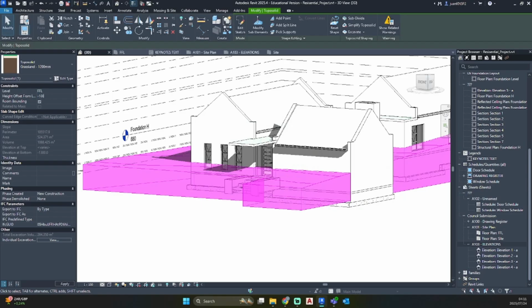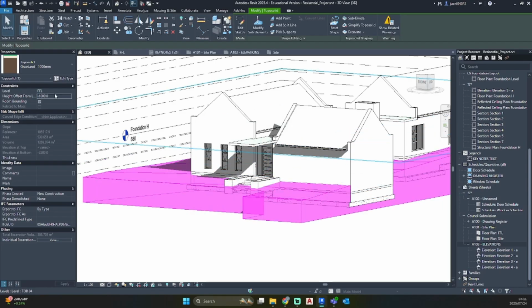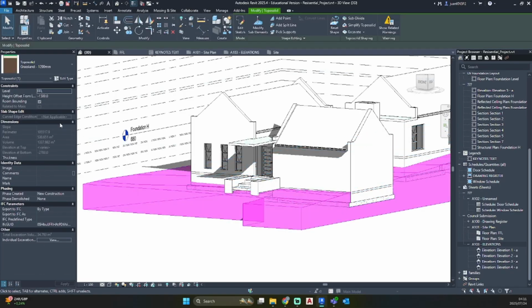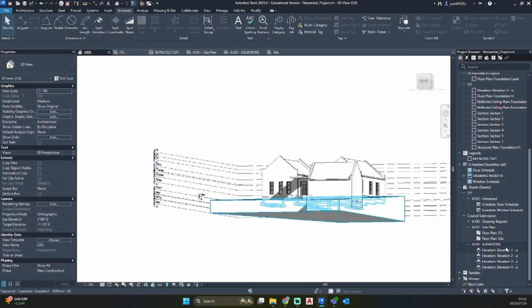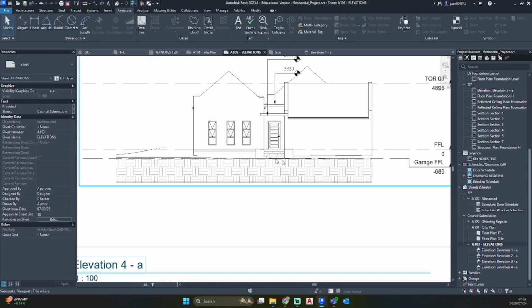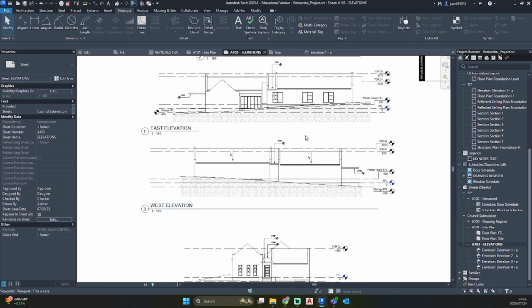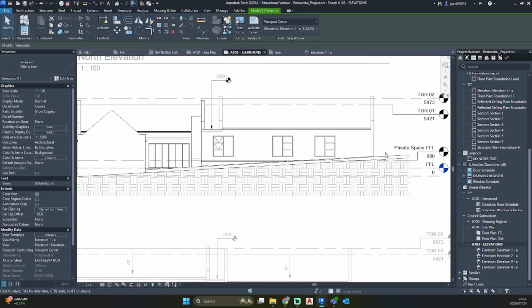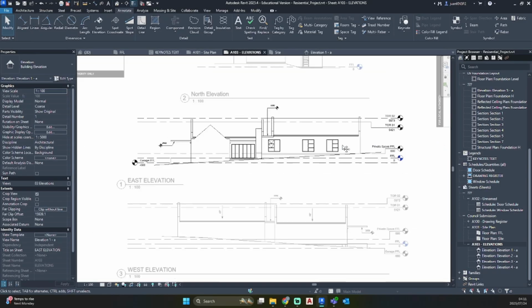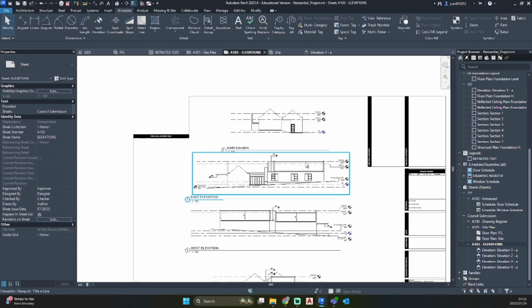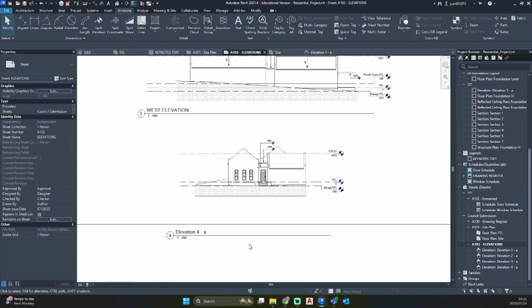Oh, accidentally put in. Okay, so minus 1000 is too far. Minus 1300. Let's go minus 1250. That looks better. Let's see our elevations. Yeah, that looks a lot better. Just gonna hide the site over there to keep this full line. So this looks a lot better at this moment.